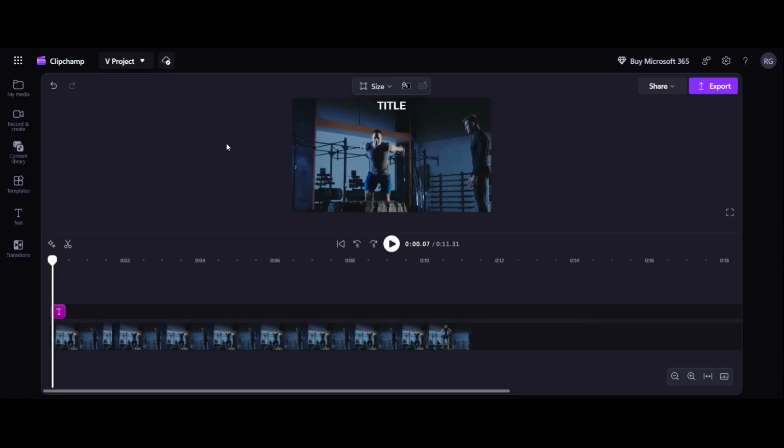In today's video, I'm going to show you exactly how to edit text in Clipchamp quickly and easily. Whether you're fixing a typo, updating a title, or completely changing the message on screen, Clipchamp makes it simple once you know where to click. If you're new to video editing or just getting started with Clipchamp, don't worry, I'll walk you through everything step